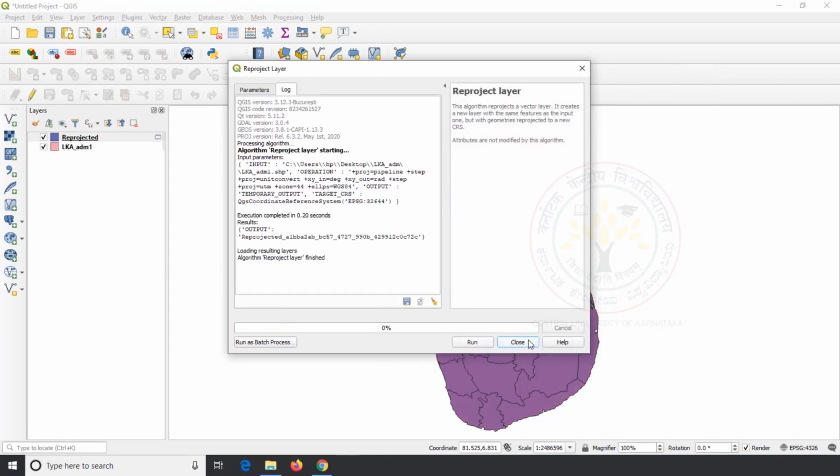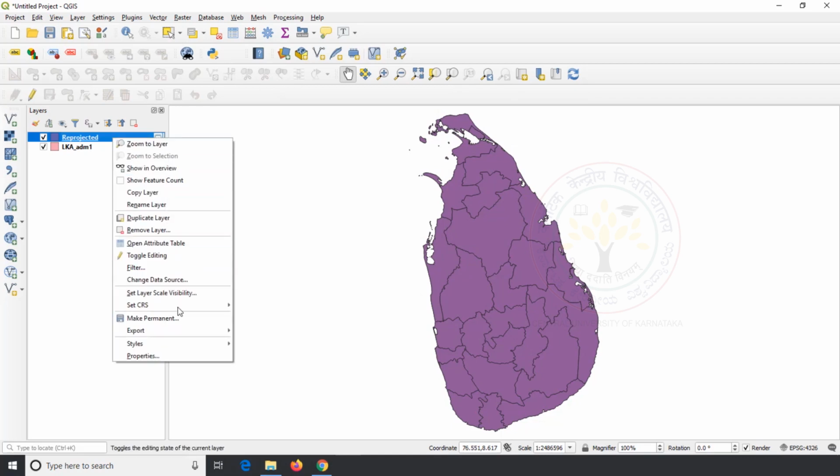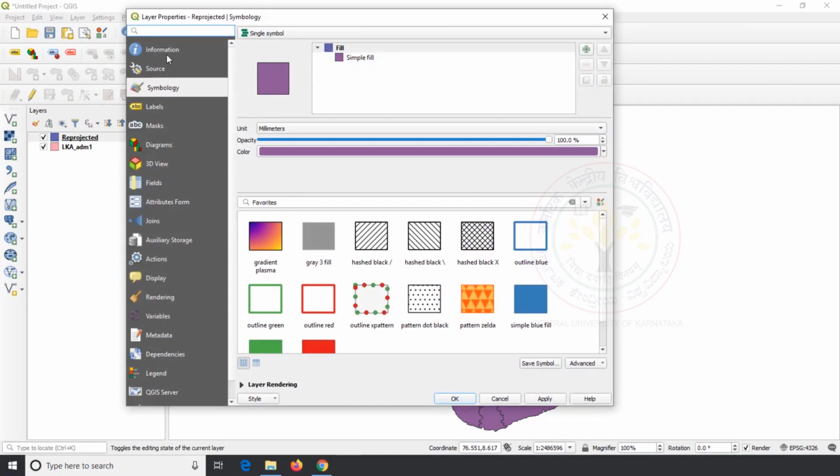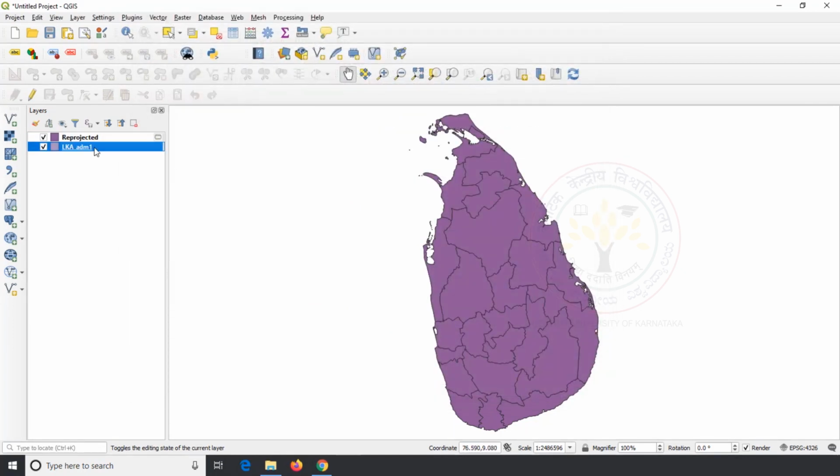Then click on run and close. Now we can see the result on the canvas and in the layer panel. Look at the properties of our result. We can see it is projected. We also projected the data earlier using a different method, export and save as.